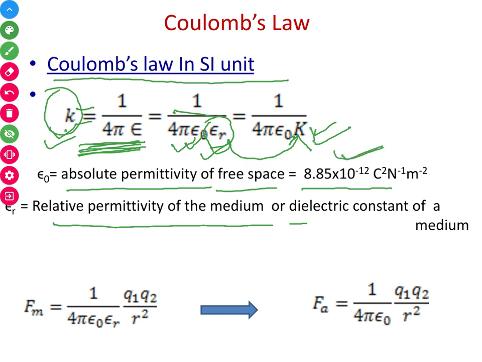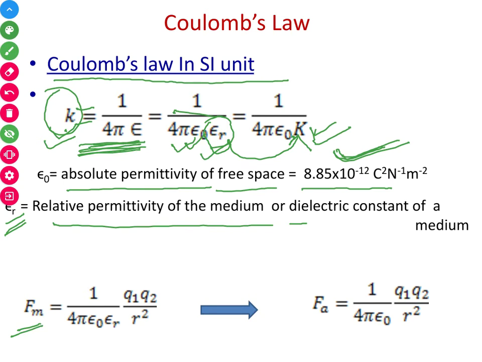It remains constant whatever the medium we are using. And epsilon r is the relative permittivity of the medium or dielectric constant of the medium. So in any medium, the force between the two charges